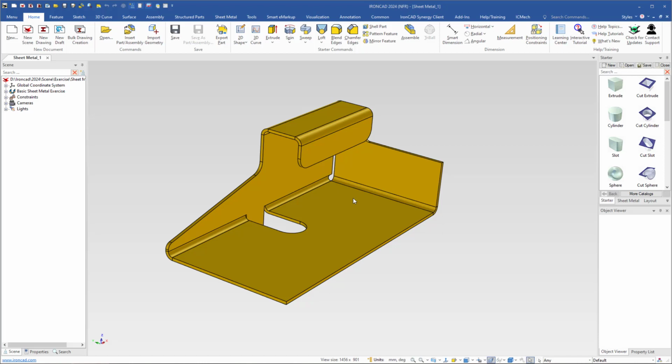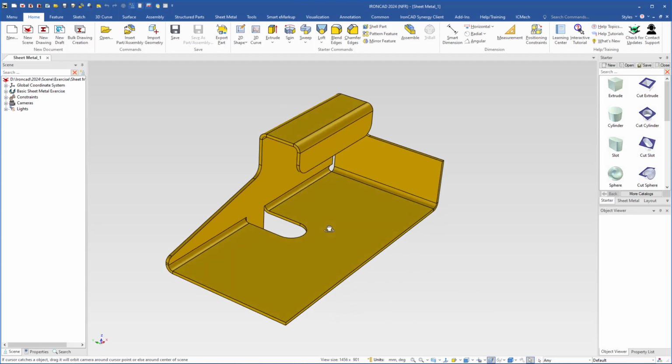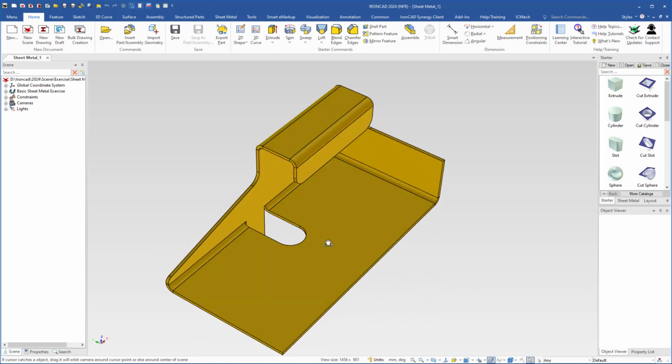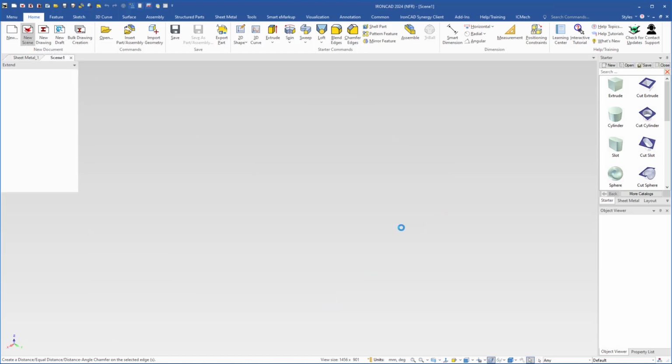In this tutorial I'm going to create this sheet metal part, and I will explain the basics of how to use sheet metal in IronCAD. So I will start a new scene, and before I continue